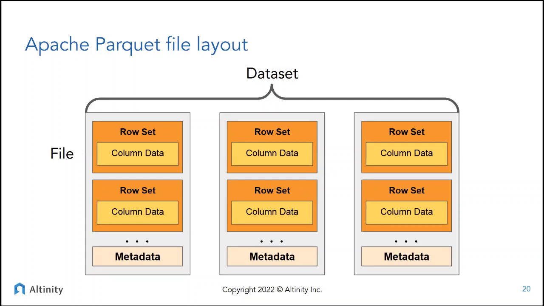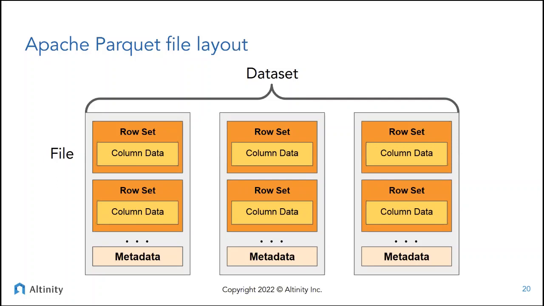Parquet is an open source format that originally came out of one of the Hadoop projects, but it's basically a file format for columnar data, and it's quite efficient. So what we have here is 3 Parquet files. And if we look at one of them, if you take them apart,